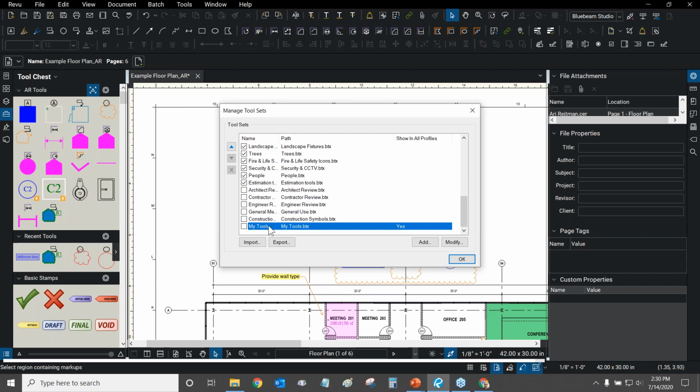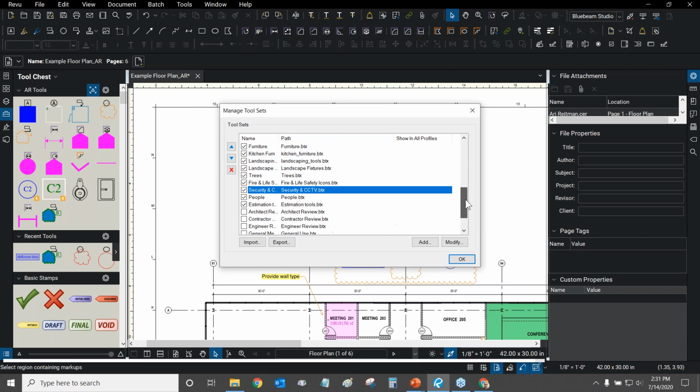Some tool sets I can't delete, so this one is an exception. I cannot delete it, but I can delete all my other tool sets by clicking on them and clicking on this X right here. And as you can see, I have a lot of tools. Now, before we get into the tools themselves, just so you guys know, you can click on the import button right here,